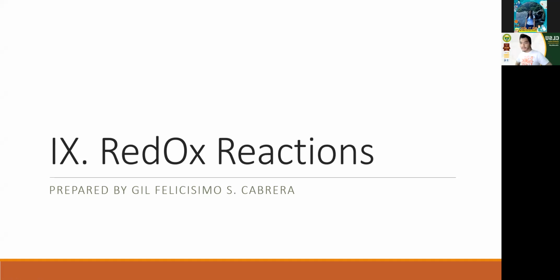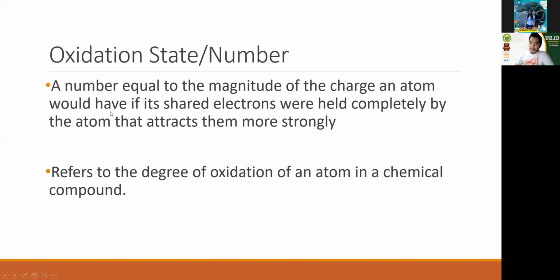So, redox reactions. These are reactions involving changes in oxidation states of elements. For starters, when we say oxidation state or number, it is equal to the magnitude of the charge. So an atom has a charge. From the first topic, actually, I don't know, since syllabi differ. But for starters, the charge is, for example,